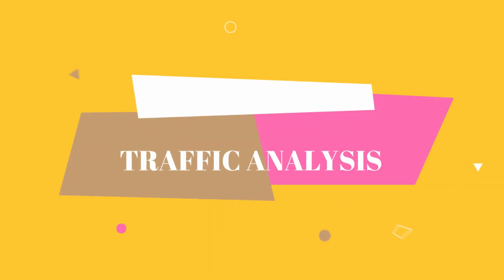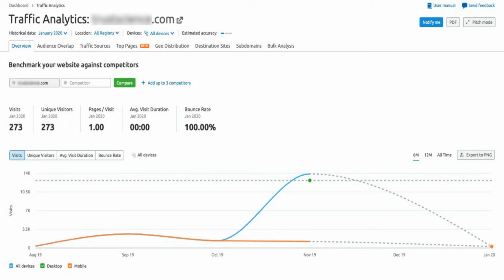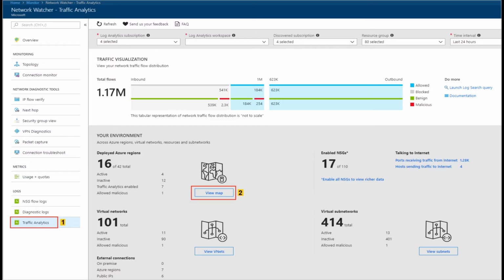Traffic analysis. This is the best and most effective part of the competitive research because in this we have to find out where the rivals are more concentrated for the marketing efforts. We are not done yet. We still have to do things like keeping an eye on the rival's traffic source, type of audience, targeting area of traffic, obviously their leading sources.